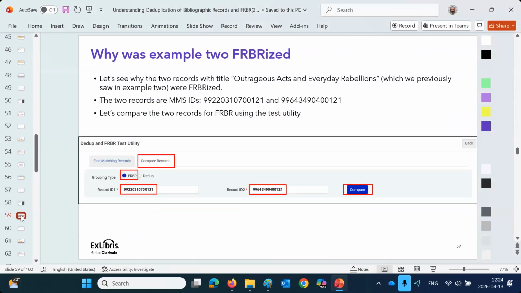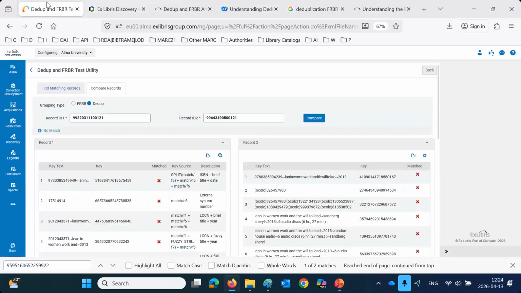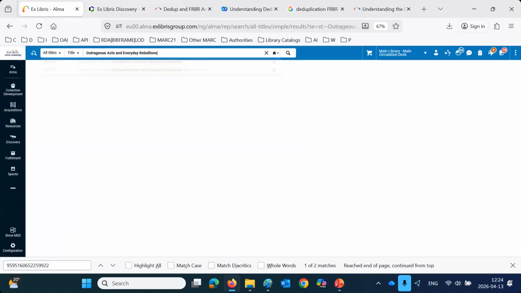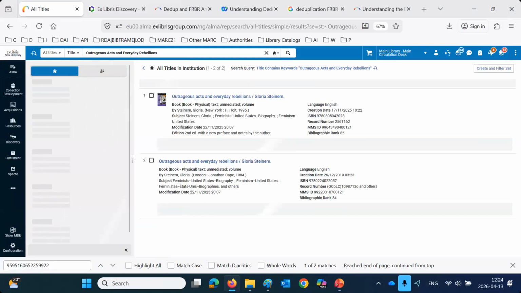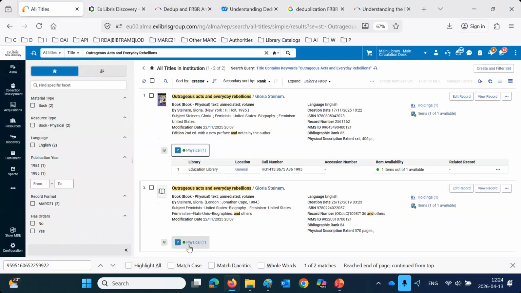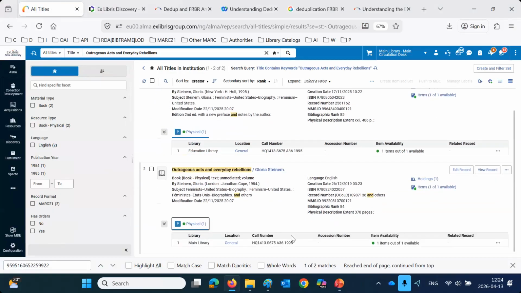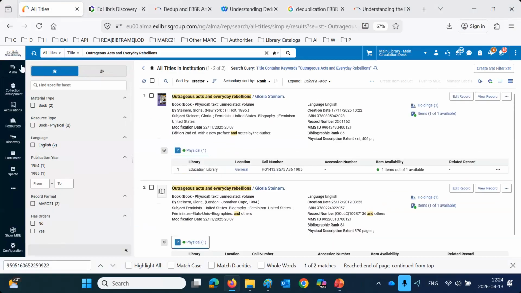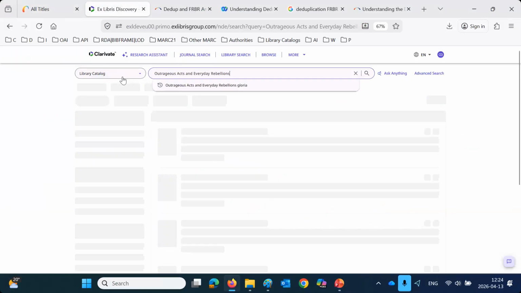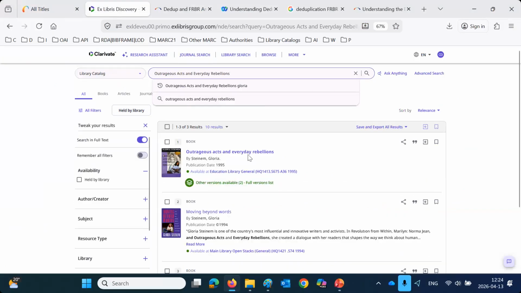So these are the two records we looked at here. We went to outrageous acts and everyday rebellions, just a brief review. And when we came in here and we searched, we see that there are two of them here. Two of them with different locations. But we saw that everything was exact, except for the 001 and 005. Everything was exactly the same. And when we come in here and search,